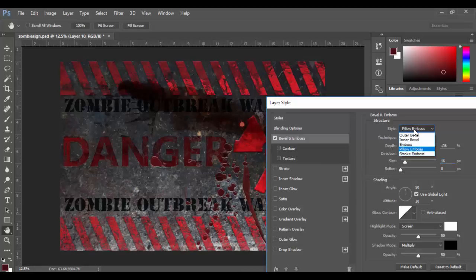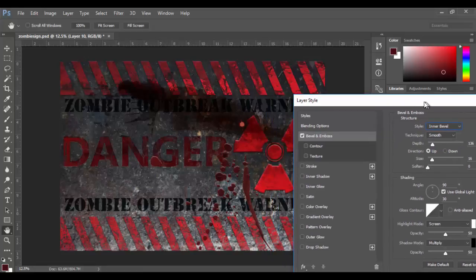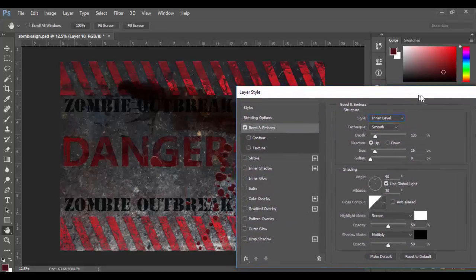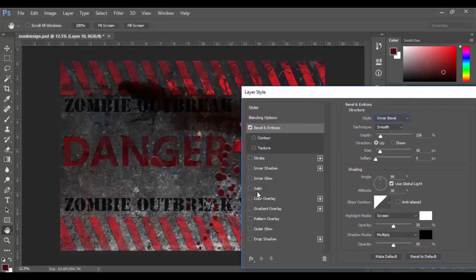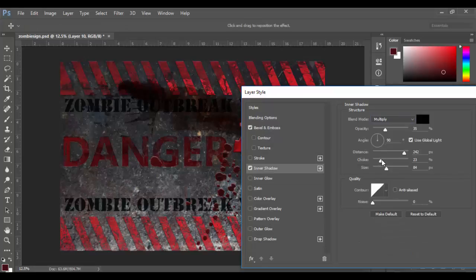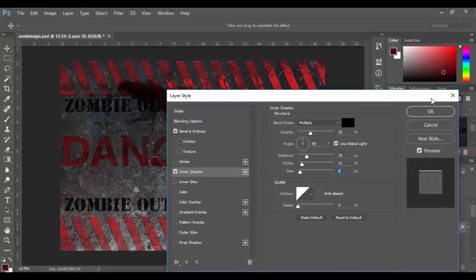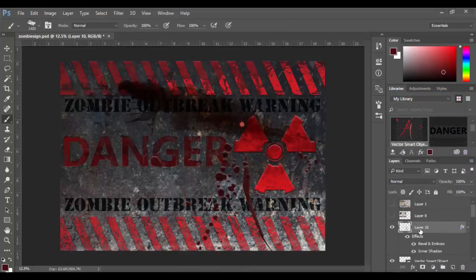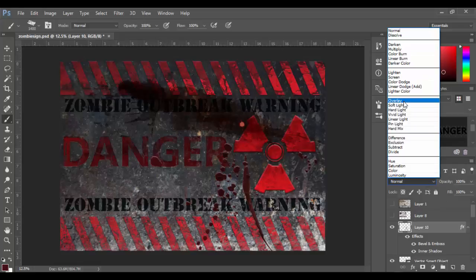We could try other ones. Let's see, outer bevel. What that one would look like. Inner bevel. Actually, inner bevel looks pretty good. That kind of gives me a blood splatter effect. And then maybe an inner shadow on this one. So let me scroll down to inner shadow. Basically apply a little bit of shadow here. It's got quite a bit from the last one. And click OK. And then lastly, what I want to do is change this blend mode to maybe overlay,